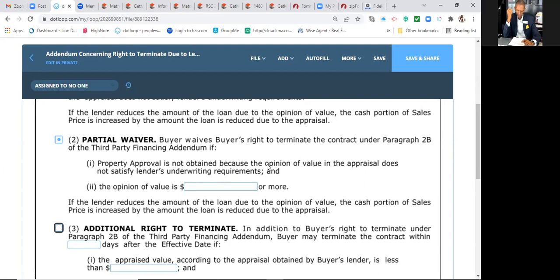So you're stating that, let's say it's 430. So if it appraises for 430 or more,